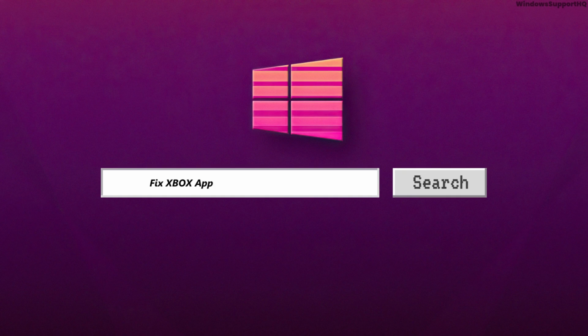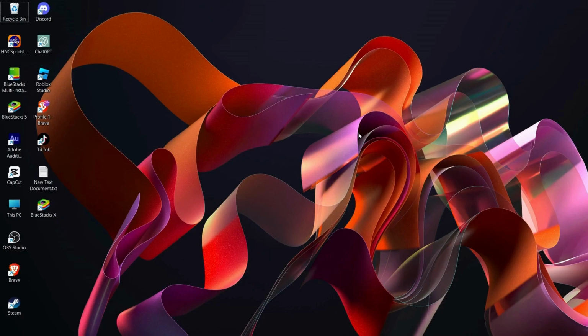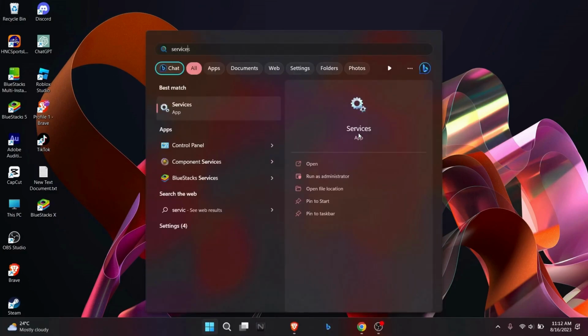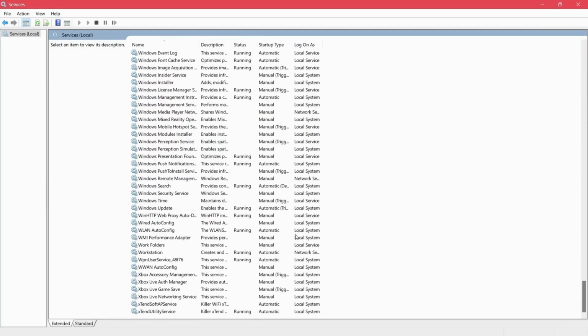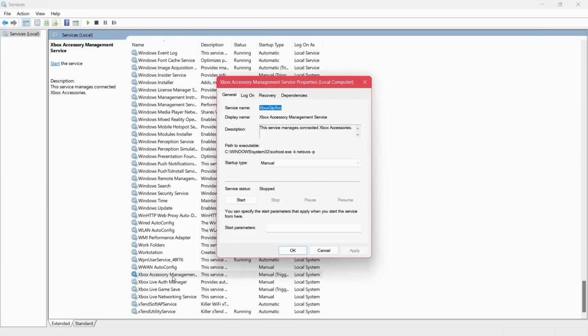How to fix the Xbox not opening issues in Windows 11. So let's first go to Windows and type services.msc and open the services. And from here, select Xbox Accessory Management, double click and start the service and select the startup type as automatic